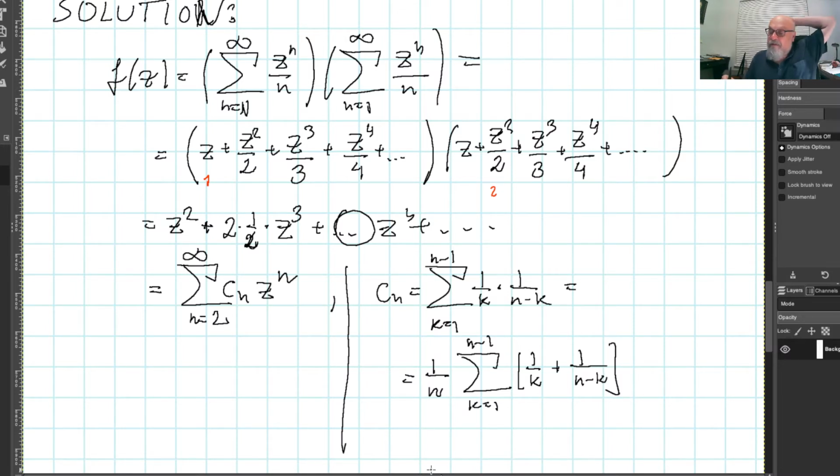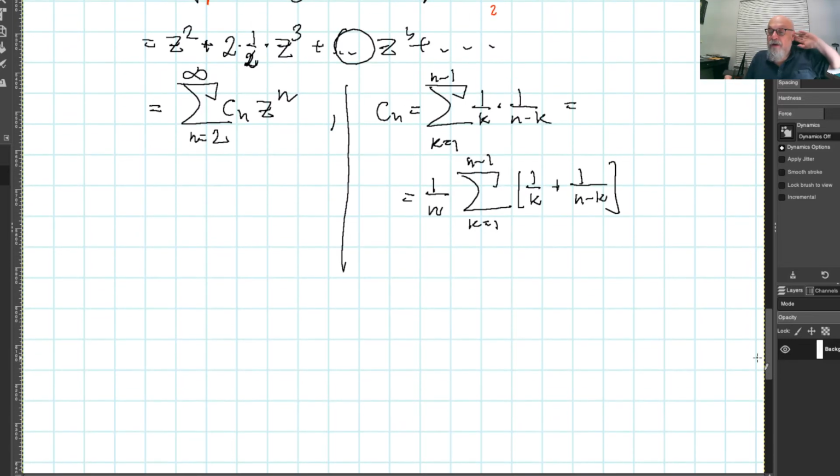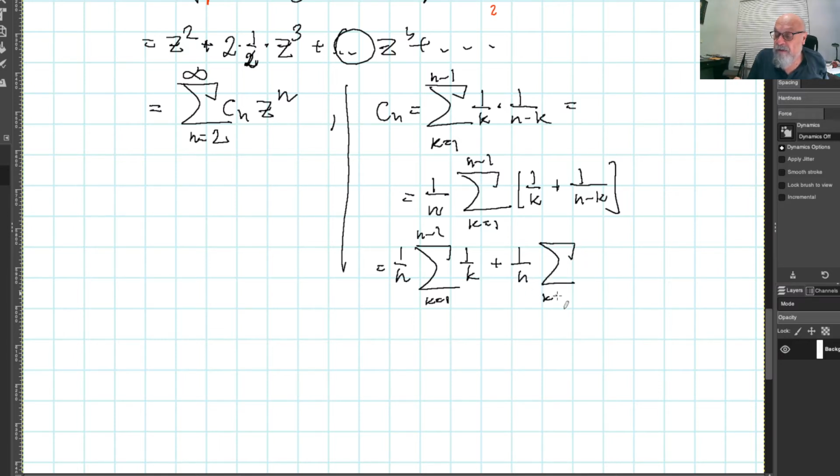But that is an interesting sum. Look, if you write these two sums separately, you will be getting 1 over n, and this is the sum for k equal 1 to n minus 1 of 1 over k, plus 1 over n, and that sum is k equal 1 to n minus 1 of 1 over n minus k. So look, this sum starts